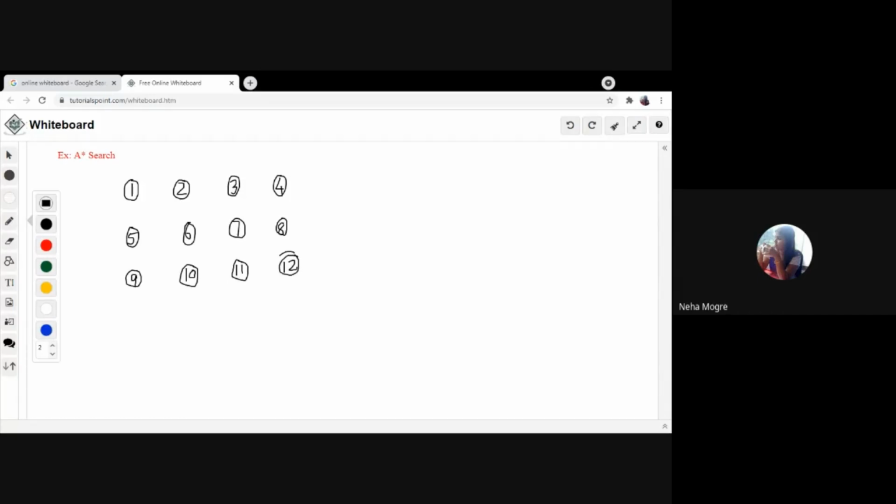And 12 is your goal node value. We are going to see the same graph as we saw in uniform cost search.